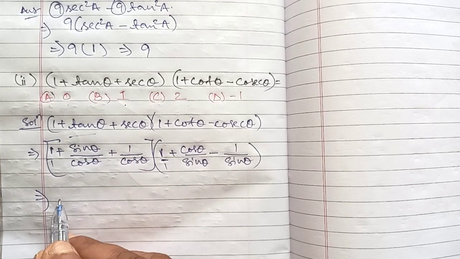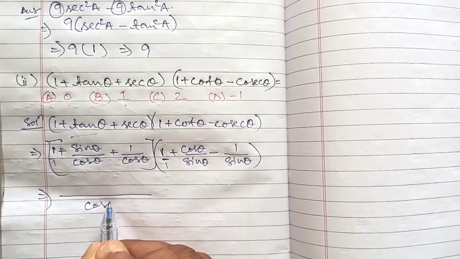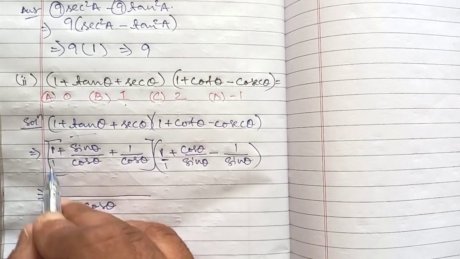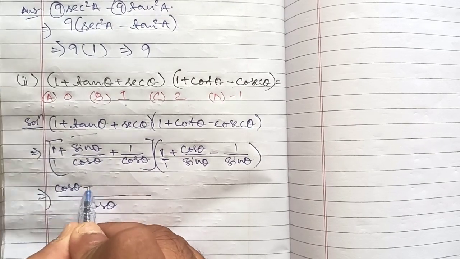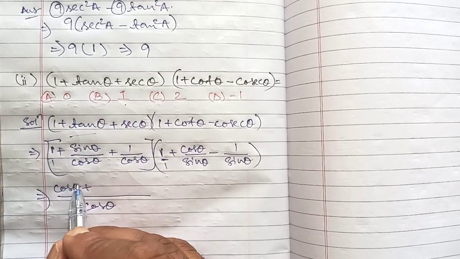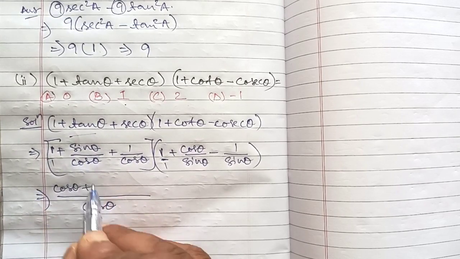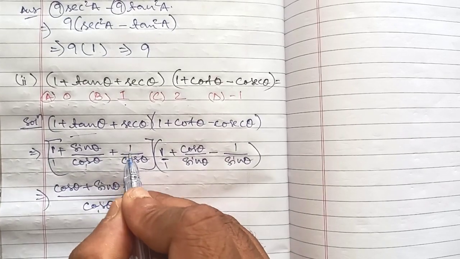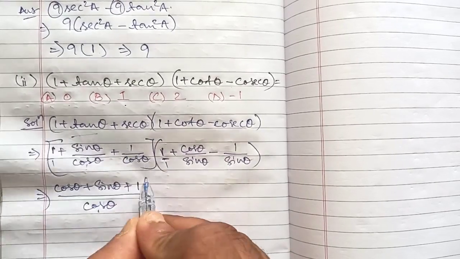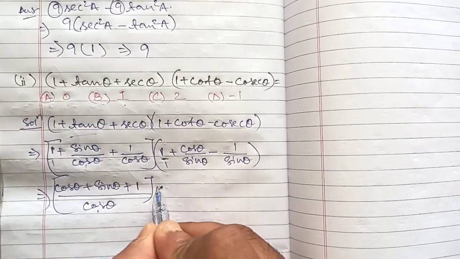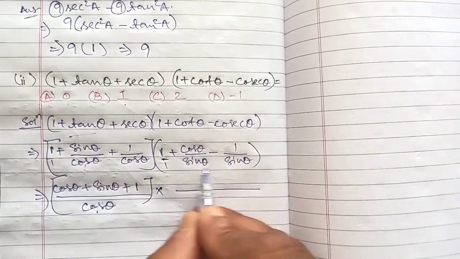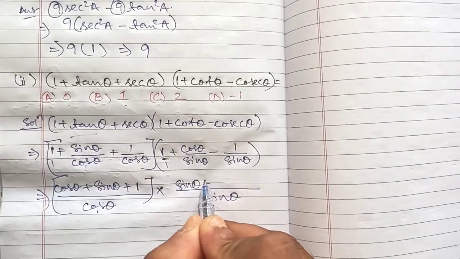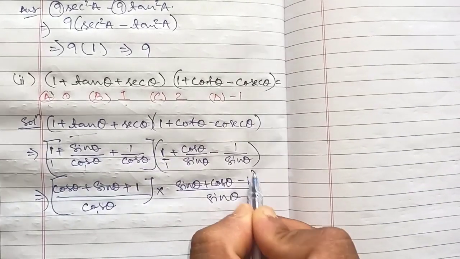Now the LCM of these 3: there is nothing in the denominator of the 1, so don't worry about it. But these two have cos theta. So what is common between them? Cos theta is common, so the LCM for them is cos theta. As there is nothing in the denominator, cos theta will be multiplied to the numerator, as we are doing the LCM. This has cos theta, the same LCM, so same term, nothing to multiply. 1 also has cos theta, so we will only write 1. Same here, the LCM is sin theta. In the numerator, sin theta will come plus cos theta minus 1.